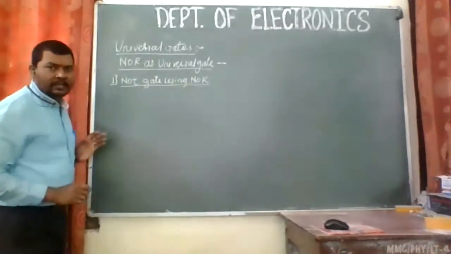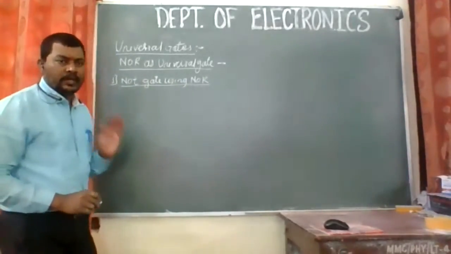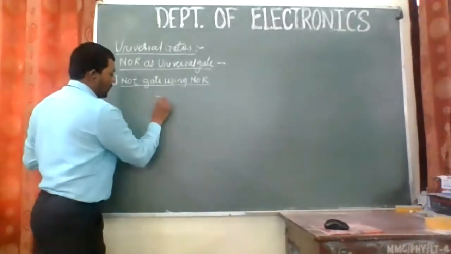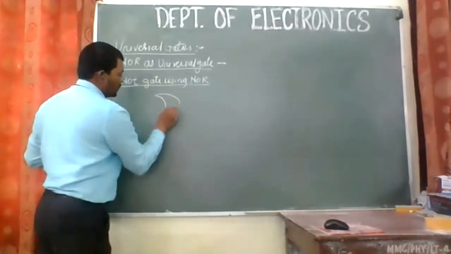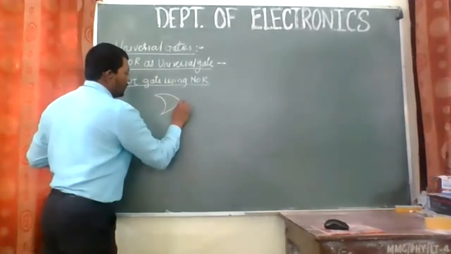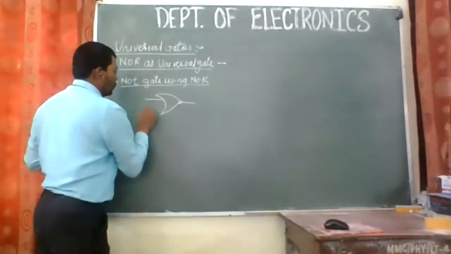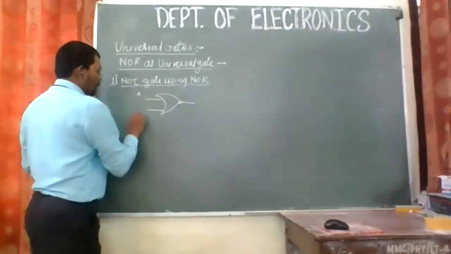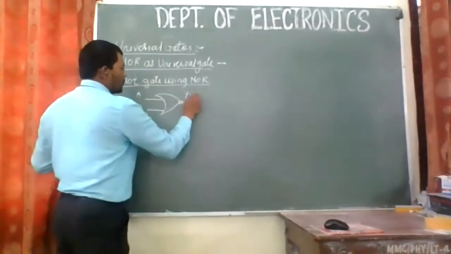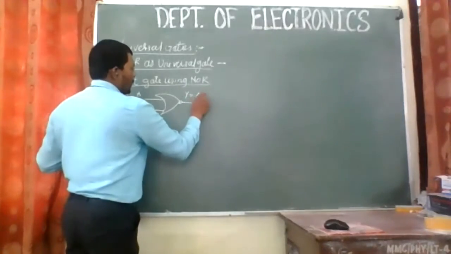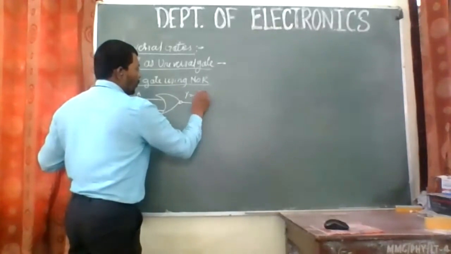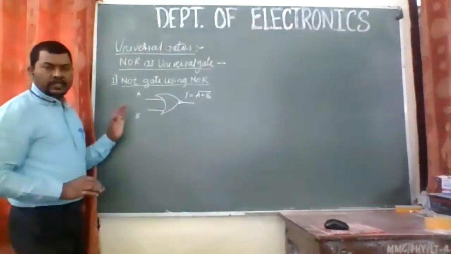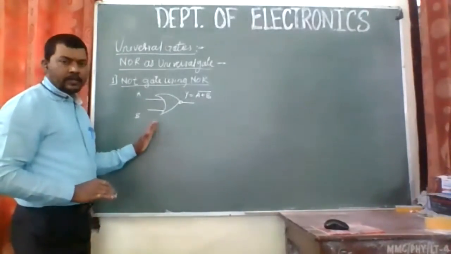So how are you going to implement that? I will use the symbol of the NOR gate like this. This is the first gate that I'm trying to build. This is a NOR gate, right? These are two inputs, A and B, and this is the output, that is (A plus B) whole complement. Is it okay? This is the basic diagram of a NOR gate.